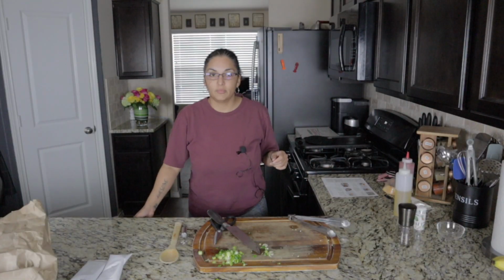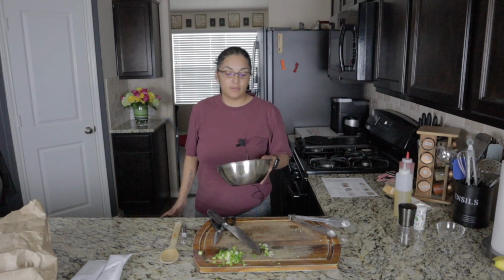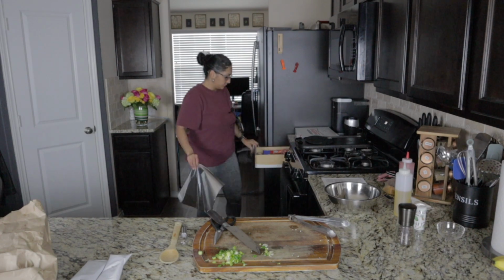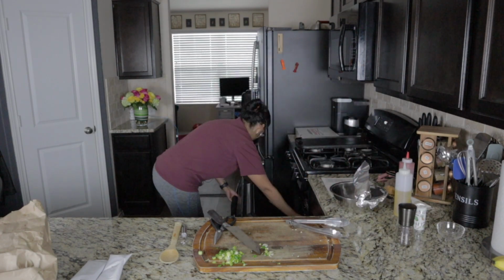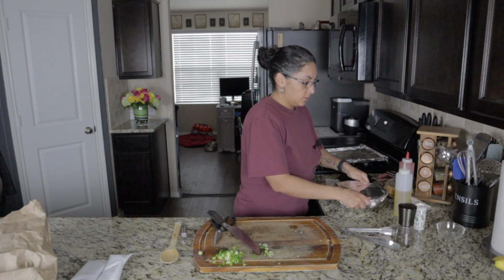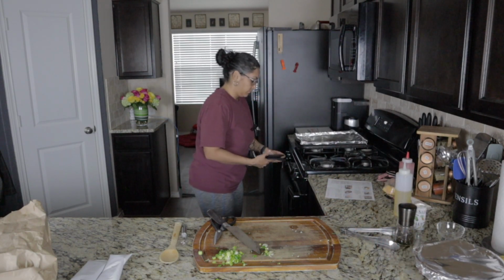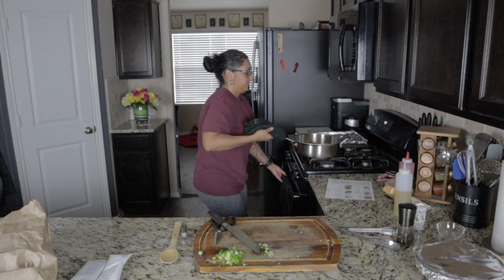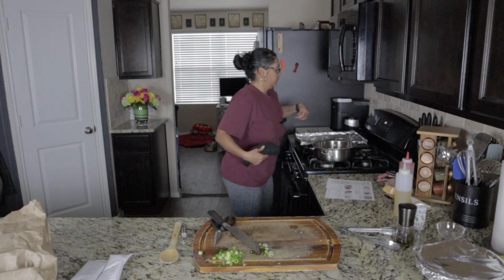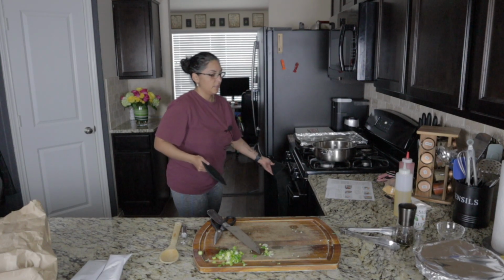Okay, so that's almost done. I'm going to get a bowl so I can move the carrots and cover them. I don't want to cover them in the pan because I'm probably going to burn myself. Then we're going to take out the meatballs. We're going to set this to broil. I'm just going to keep the racks there. And then